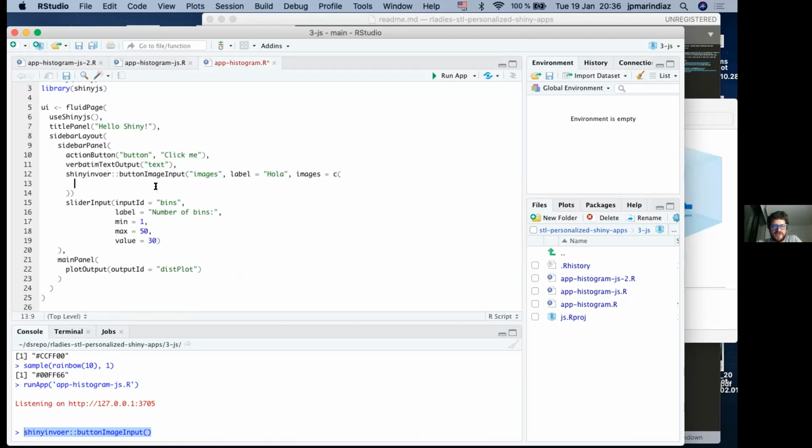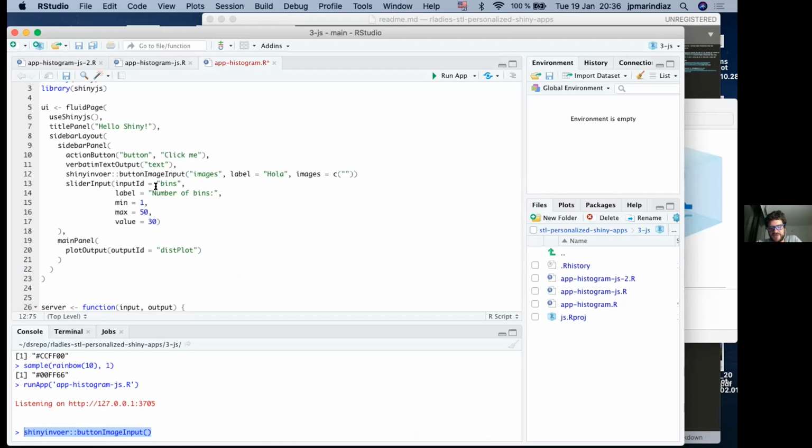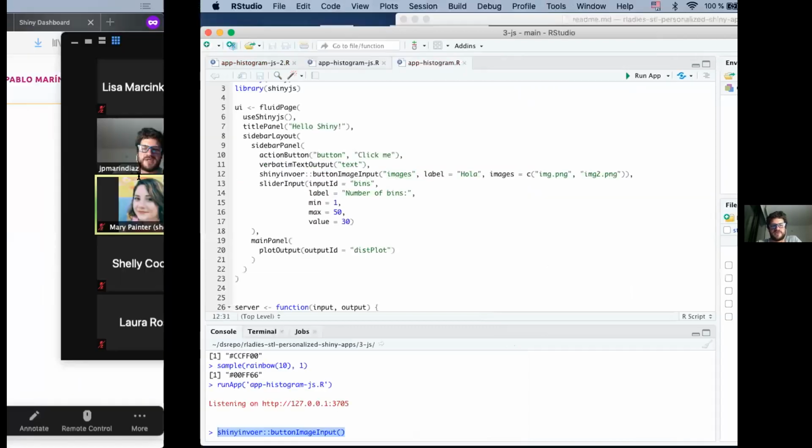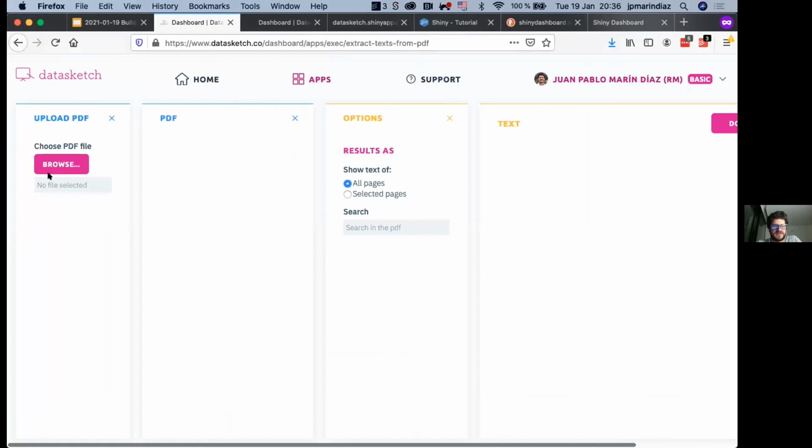And then in here, if I had some images, I would just have my image PNG and image PNG two. That's how you will use this input. And you have the selector of